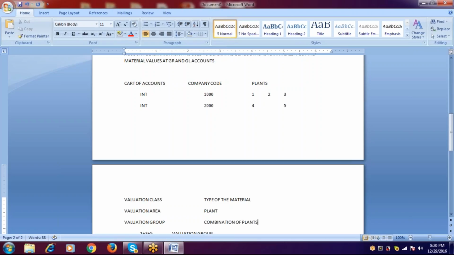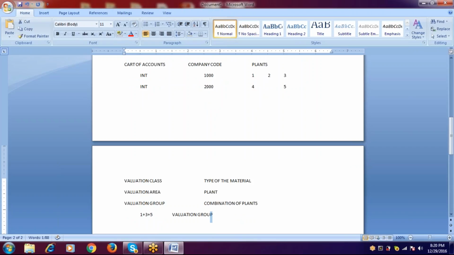Combination of plants. So here, as we said, 1, 3, 5 is in one group, and I am taking 2, 4, and 5 as another group. That means under one valuation group we can have multiple valuation areas as well as multiple valuation classes, and this can be defined by the valuation class. That means when I'm manufacturing one material by the group of 1 plus 3 plus 5,